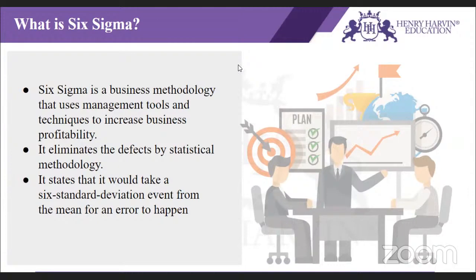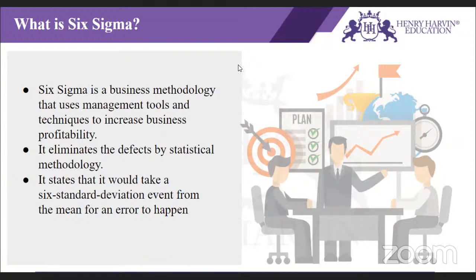But variation is not a problem when it is insignificant. Why is it not a problem when the size of the hands is different? Because when you see it with your eyes, you won't be able to make out that difference. But yes, when you sit with tools and measuring equipment, you'll be able to make out that difference. So that variation is there, but it is insignificant, so it is not creating any impact in the process. But if it is significantly different, then that is the variation which should not be there in the processes or in anybody. Everything has a variation, guys, but what Six Sigma focuses on is the limit I am following for the variation.